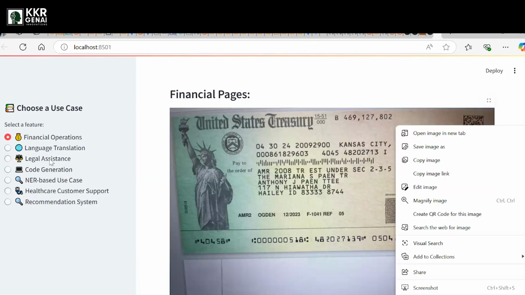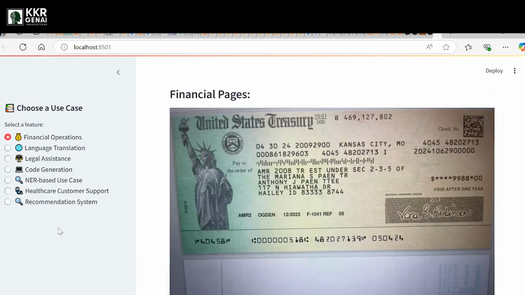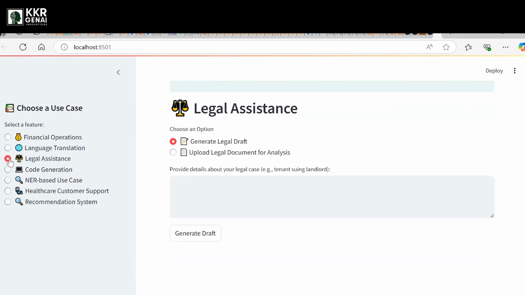There are many use cases you can do, in the legal assistant tool also, which we have. Suppose you want to file a case but you don't know how to write the information at all, so you can generate your own drafts as well. For example, create a draft for the tenant and owner dispute that I'm facing. So basically you can generate your own legal drafts and use cases as well.